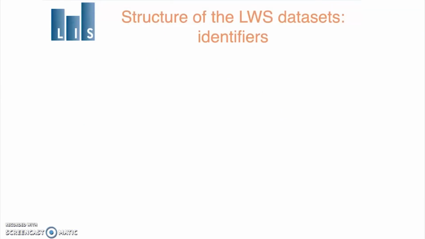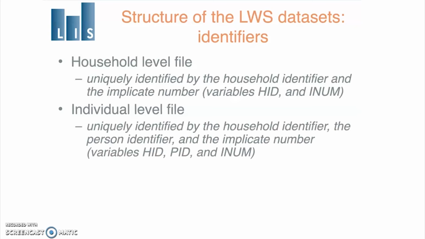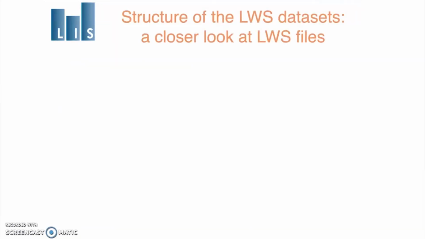For merging purposes of those three loose data files, it is important to know how uniquely identified those files are. So let's start with the household level file, which is uniquely identified by the household identifier and the implicate number variables, HID and INOM. The individual level file is uniquely identified by the household identifier, the person identifier, and the implicate number. Finally, let's take a closer look at LWS files, which you can download as sample files from